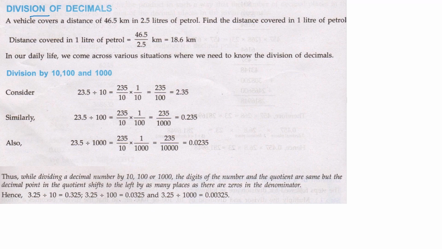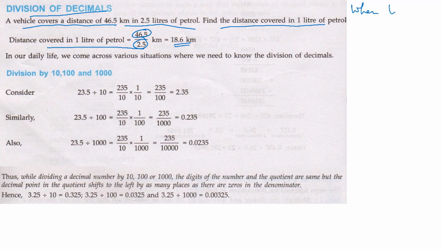Now, division of decimals. So they are taking one example first. A vehicle covers a distance of 46.5 km in 2.5 liters of petrol. Find the distance covered in 1 liter of petrol. So for 1 liter of petrol, you will divide the total kilometers by the total liters of petrol and you will get the answer. Now here I have seen many of you are confused about when to multiply and when to